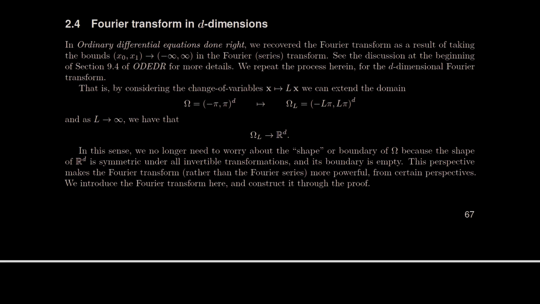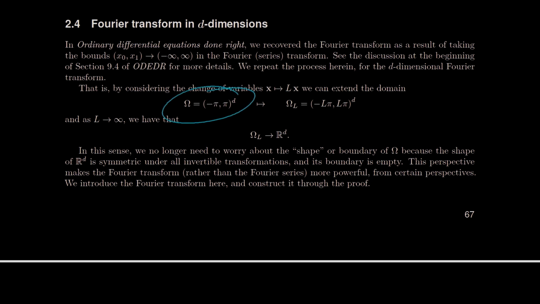Okay, welcome back everybody. So we're moving on to the last section in chapter 2. It's called the Fourier transform in d dimensions. And of course I've really talked about the Fourier transform already for the last 2 videos, but I was giving it the name the Fourier series transform. In this case we're going to eliminate that word series to get to what a lot of people think of as the Fourier transform. And so the difference mainly between the Fourier series transform and the Fourier transform is that